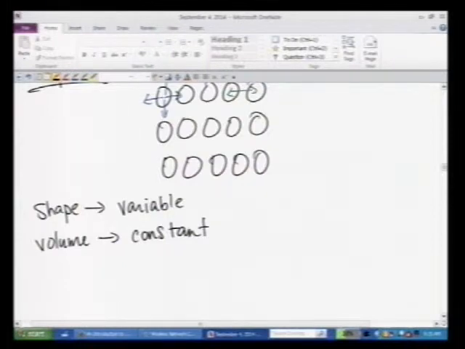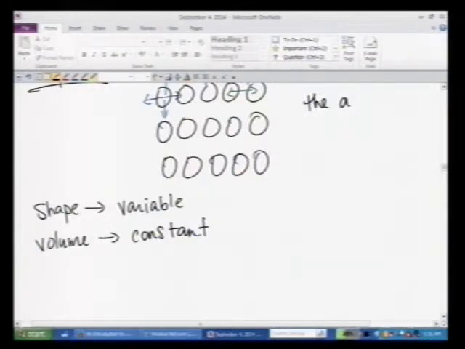So you can take a liter of liquid from a bucket and pour it into a different sized bucket. You're still going to have a liter of liquid, but the shape is going to change. So if we're talking about that in terms of the attractive forces and the motion of the particles, what do you think that means? It indicates, and this is how we're using what we observe to create our theory, that